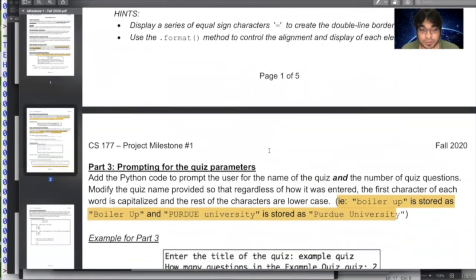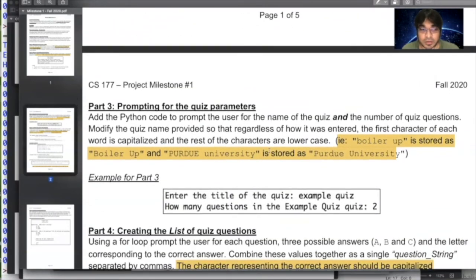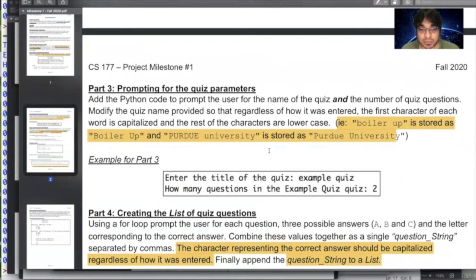Okay, now moving to part 3. In part 3, you ask the user for two things. First, you ask the user for the title of the quiz. You can call it whatever name you want to give that quiz. You can call it Quizlemania or Purdue Quiz or Boiler Up. However, whatever input the user gives, for instance, in this example, the user has inputted the quiz name as example quiz, all in lowercase.